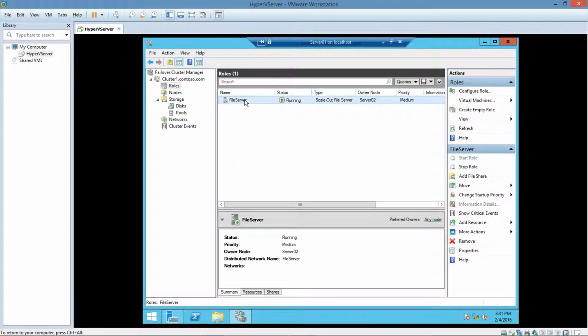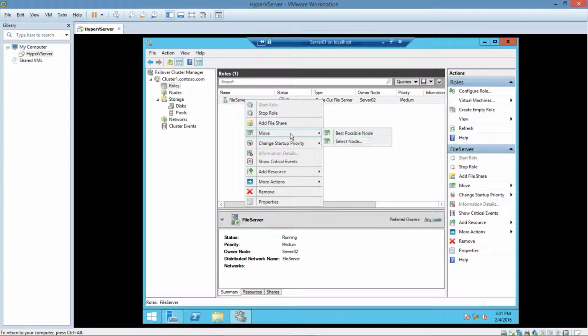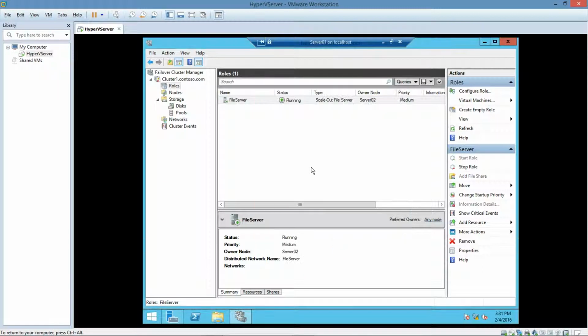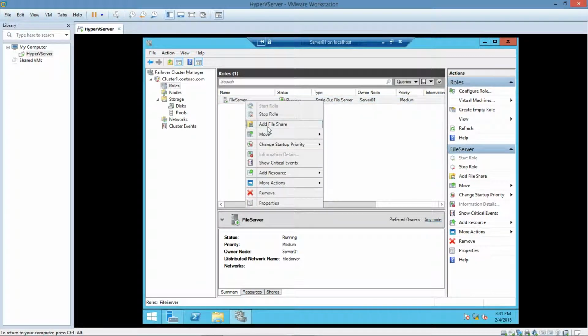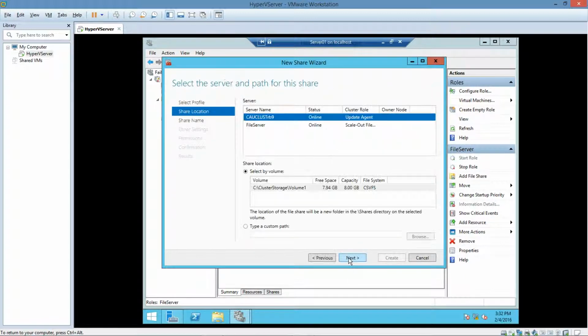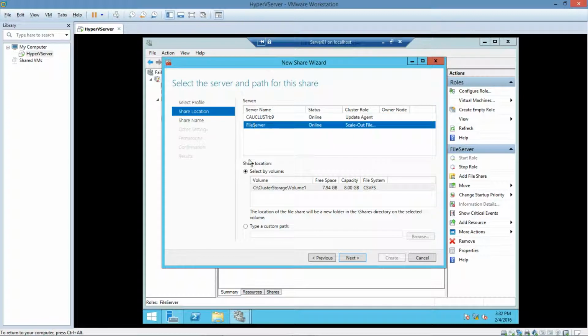Now we're going to right click file server and move to selected node and we're going to select server 1. Click OK. As you can tell, the owner node has switched to server 1. Right click file server and click add file share. We're going to select SMB share quick. Click next. We're going to select file server and we're going to select by the volume and we're going to click next